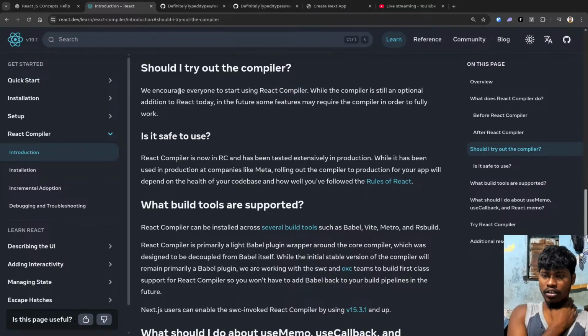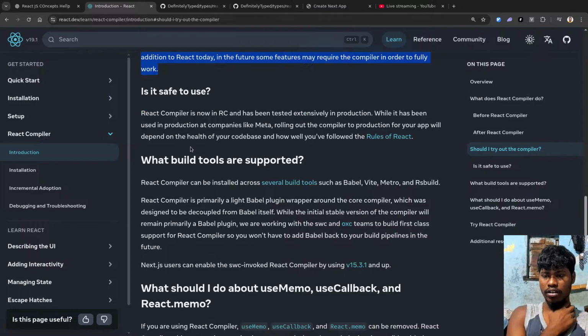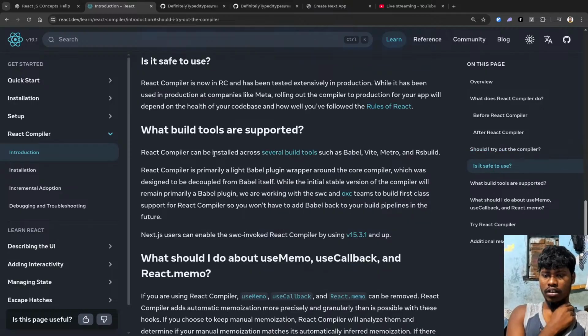Okay. So we encourage everyone to start using React Compiler. While the compiler is still an optional addition to React today, in the future some features may require the compiler in order to fully work. It's safe to use. What build tools are supported? Okay, React Compiler can be installed across several build tools such as Babel,